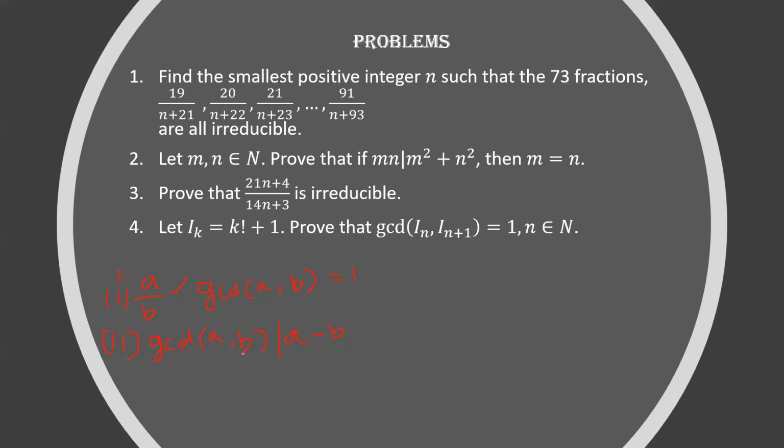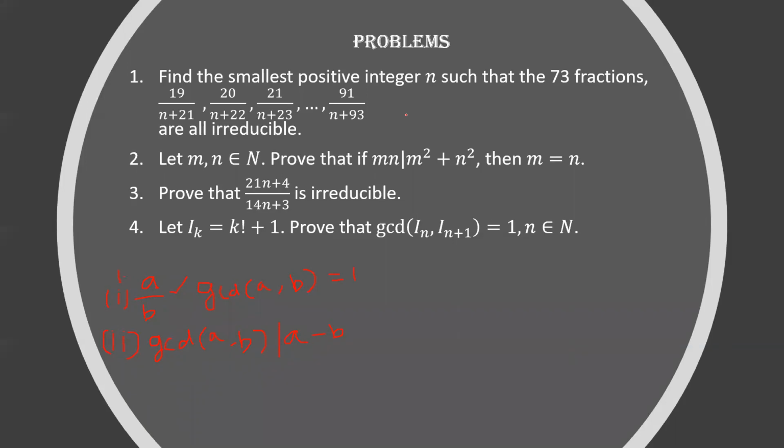Yes. Because why? Can you give a reason? I think Hetty got the answer. I'll unmute you, and I want a reason. Why should GCD of A comma B actually divide A minus B? Let the GCD of A comma B be M. So A will be M into something and B will be M into some other thing. So in A minus B, we can take M common. So M can divide it. So that is why. Okay, correct.